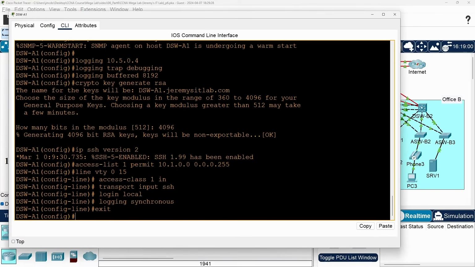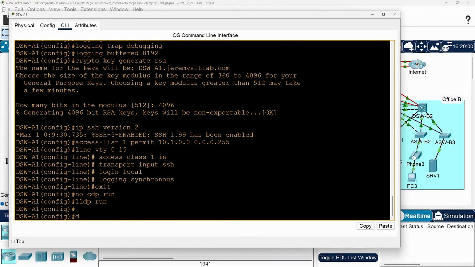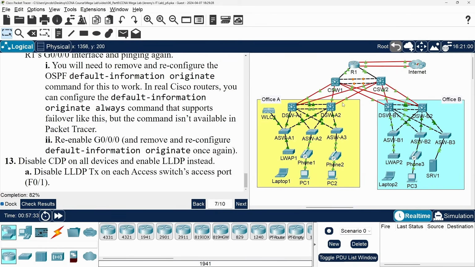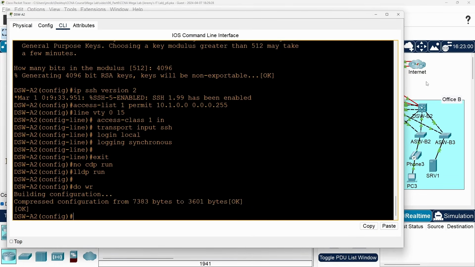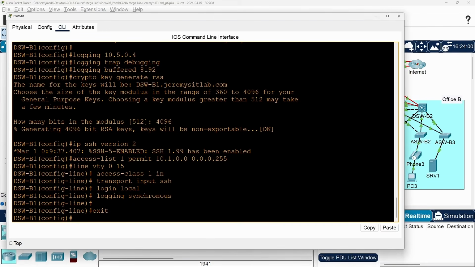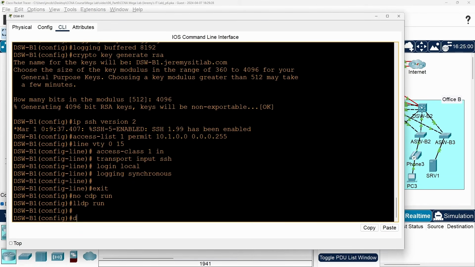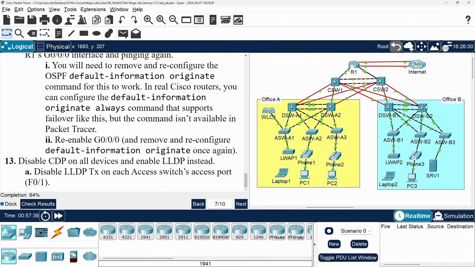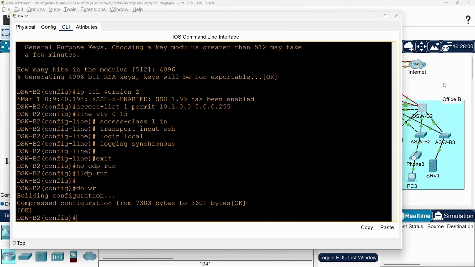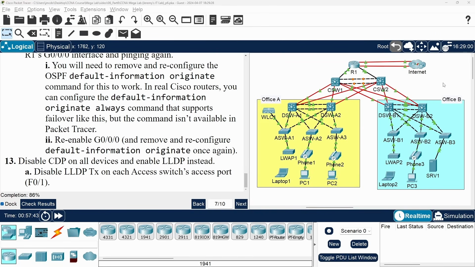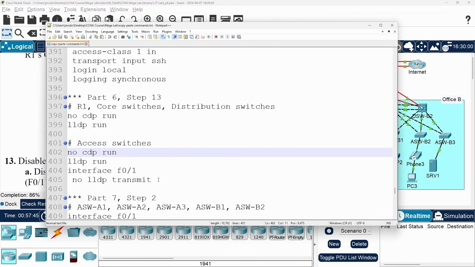D-switch A1, right-click, paste, do write. Then A2, right-click, paste, do write. D-switch B1 next. Right-click, paste, do write. And then B2. Right-click, paste, do write. Now let's go back to the notepad and copy the commands for the access switches, disabling LLDP transmission on their F0/1 interfaces.